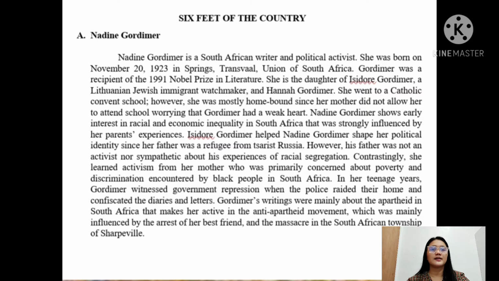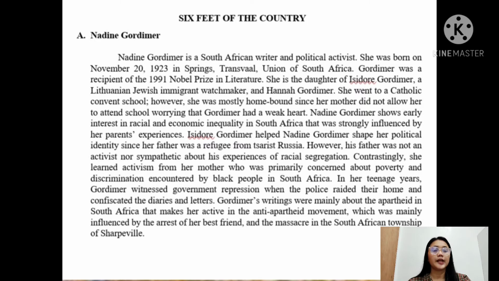her parents' experiences. Isidore Gordimer helped Nadine Gordimer shape her political identity since her father was a refugee from Tsarist Russia. However, his father was not an activist nor sympathetic about his experiences of racial segregation. Contrastingly, she learned activism from her mother, who was primarily concerned about poverty and discrimination encountered by Black people in